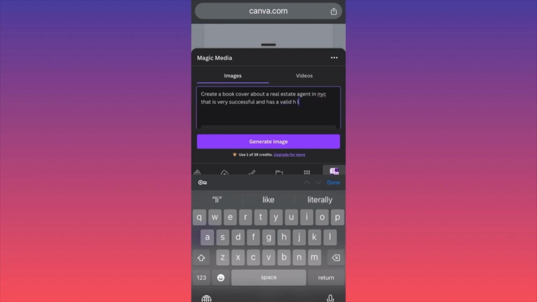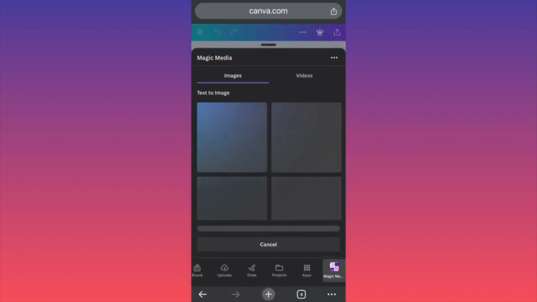Generate. The way we actually choose to be animation is very important because